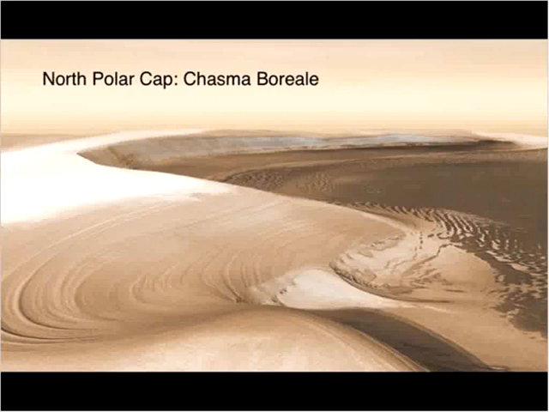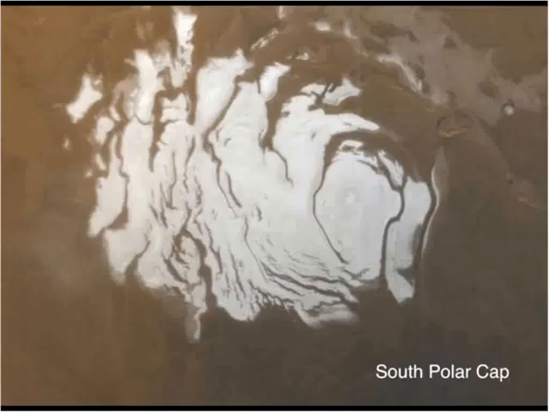And you can really see the beautiful layers, and then there's some dunes off to the right in that canyon. The South Polar Cap is smaller, but it has similar sort of characteristics. Now these are the permanent caps that hang around all year long. During the Martian winter at both poles, especially the South Pole, this whole area would be covered in CO2 frost. But this is the cap that remains, the residual cap.